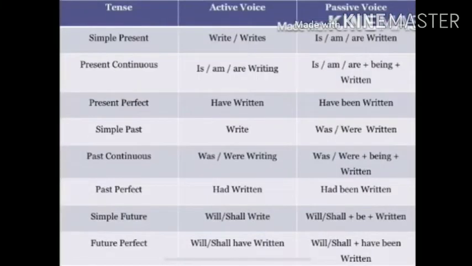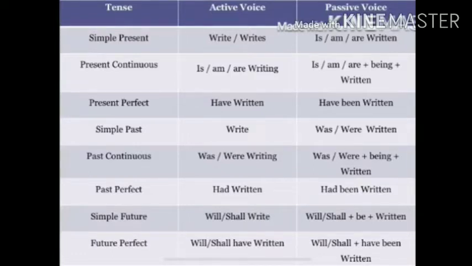Now come the rules and regulations. Instead of taking one rule at a time, we will do this in tabular form. It's simple, it's easy. In this table, 3 columns are given. First is the tense, which tense we are doing. Second is active voice, and third is passive voice. Active voice follows the simple rules which you follow in tenses. In passive voice, you have to make the changes which you find, right? So let's begin. Here I have taken the verb write. According to that, we will make all the changes.